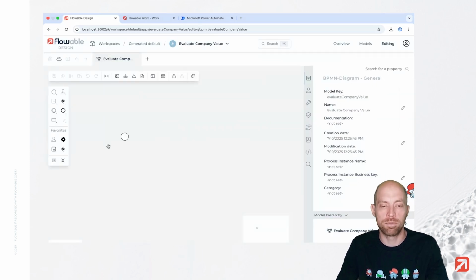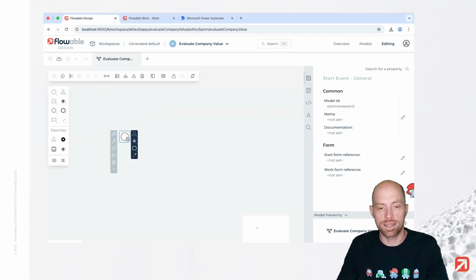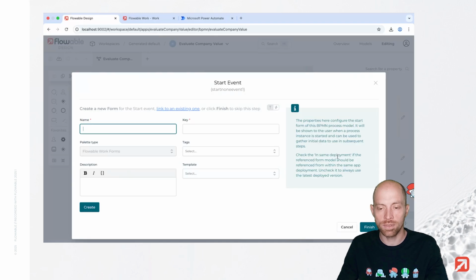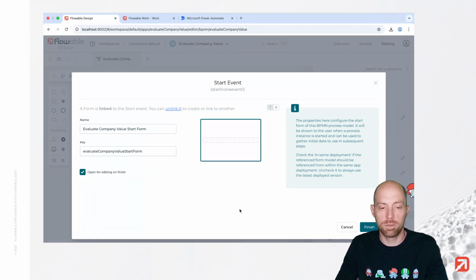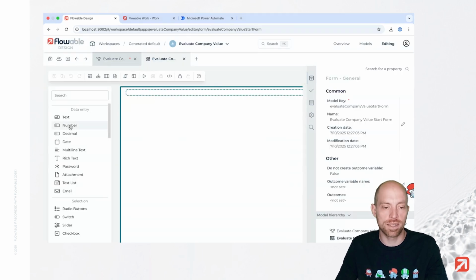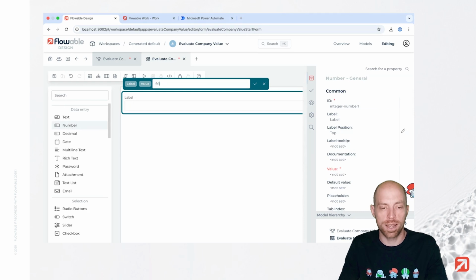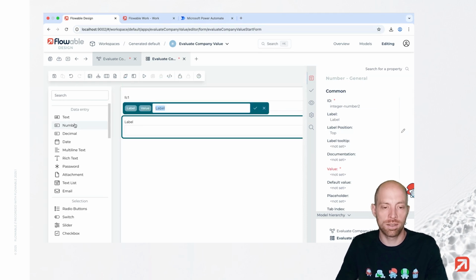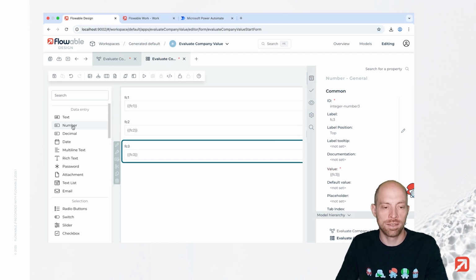And in here, we now have a start form. For that start form, or start event, we can go ahead and assign a start form. So that's the evaluate company value start form. And in that start form, we are going to add the same fields again. So I'm going to add here just the FC1, FC2, FC3, and